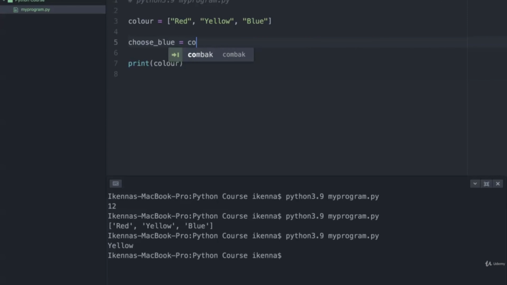And then we're going to go into our variable called colors, and then we're going to get the index of 2, which is blue,